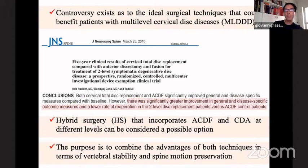So what do we have to do when we are facing a patient with multilevel cervical disc disease? In recent years, hybrid surgery that incorporates ACDF and CDA at different levels has been shown to be a possible solution. The purpose of this technique is to mix the advantages of both techniques in terms of vertebral stability and spine